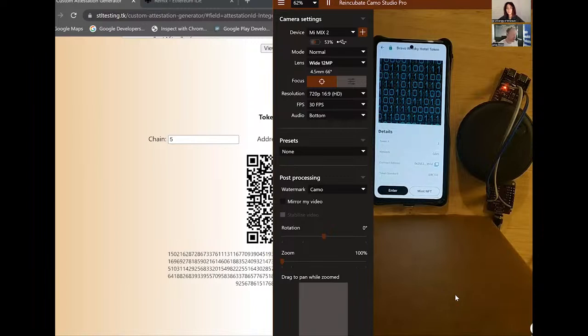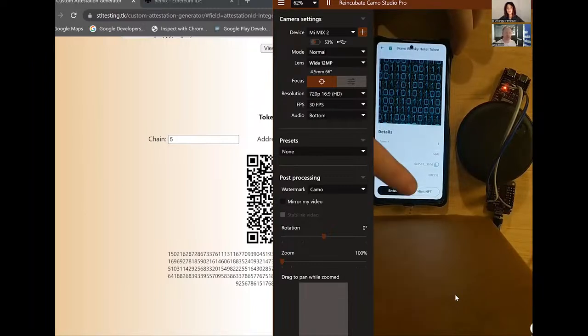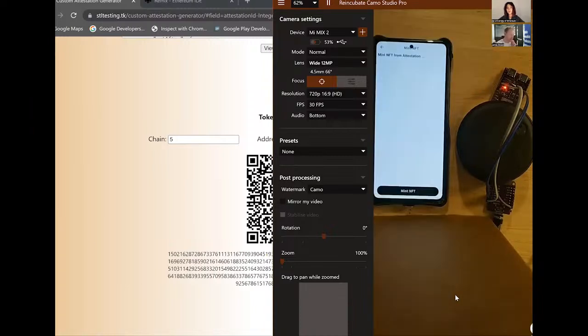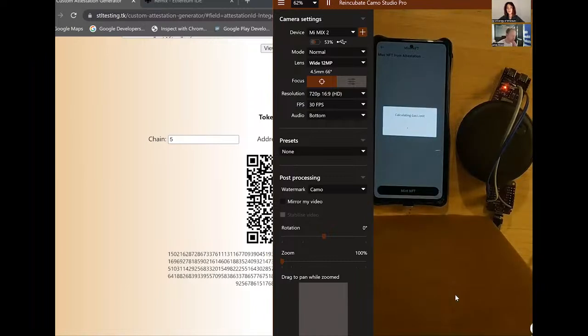One thing I didn't mention as well, we touched on it briefly, we can mint an NFT from the attestation. So this is the attestation in my wallet. You can see I've got these two extra functions down the bottom, which is enter, which we've just used, and mint. So I'm going to go ahead. I want to mint my NFT based on this. Just doing a gas calculation.